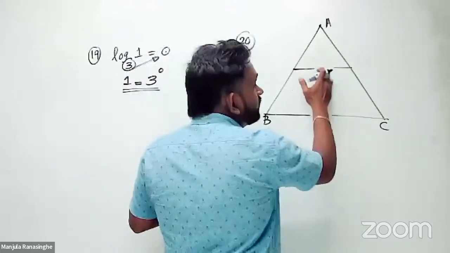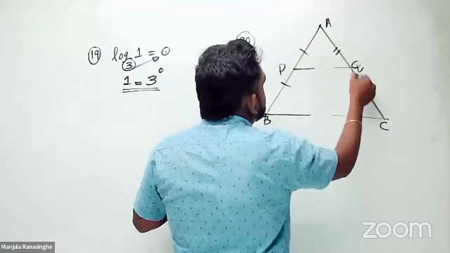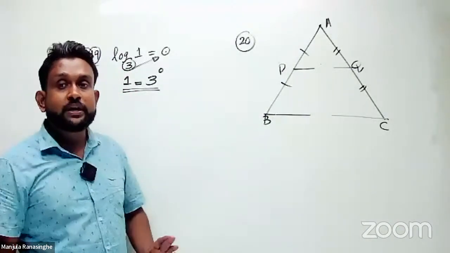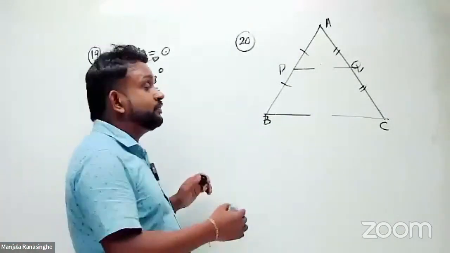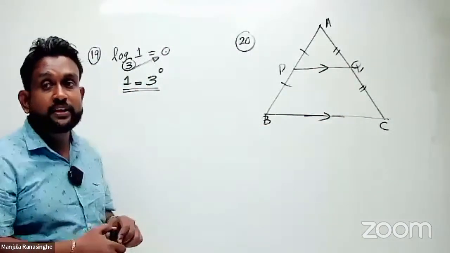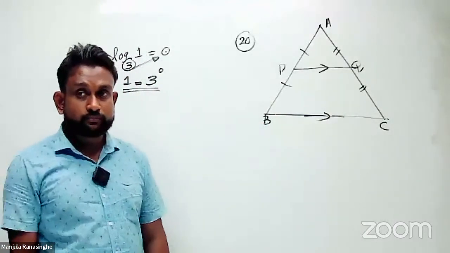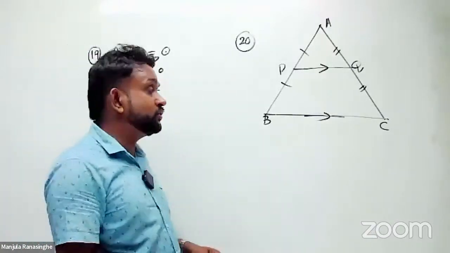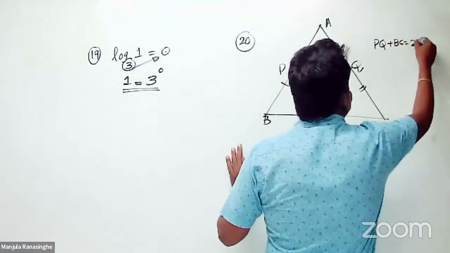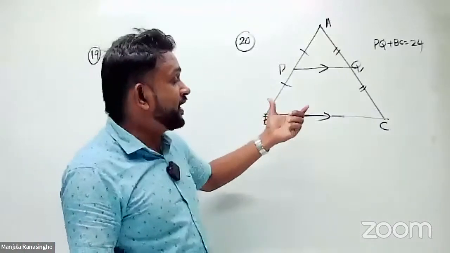The midpoints are given: P and Q. They mention that in this diagram PQ is parallel to BC, and P and Q are the midpoints of AB and AC. If PQ plus BC equals 24, then they ask us to find the value of PQ and BC